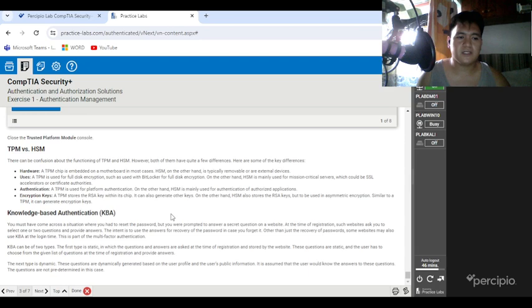TPM is a hardware chip embedded in the motherboard, while HSM is removable or an external device. TPM is used for full disk encryption, such as using BitLocker. HSM is mainly used on mission critical servers, which could be SSL accelerators,